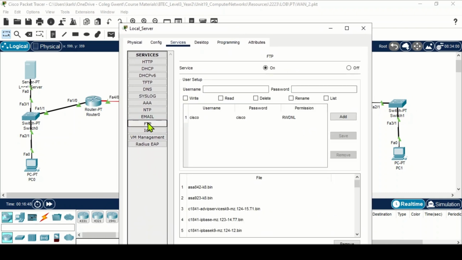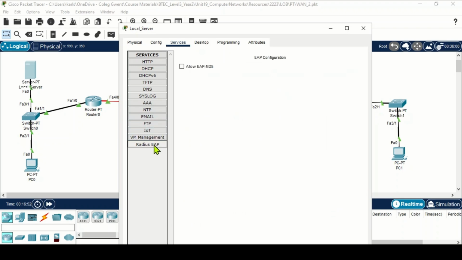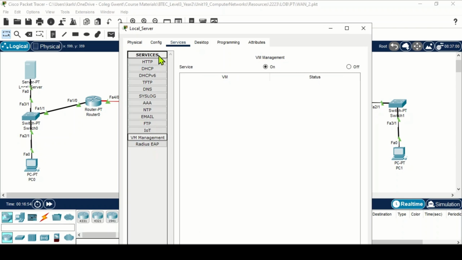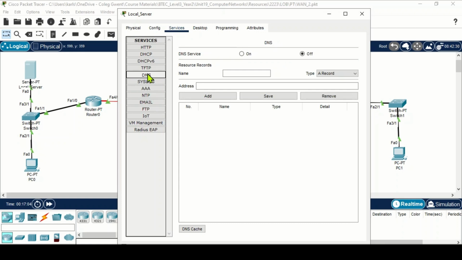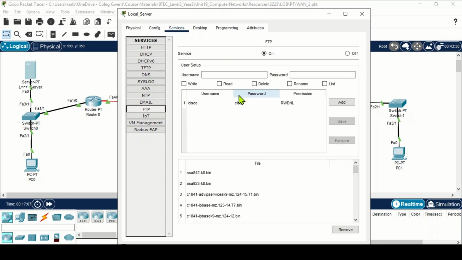You're not going to be using that there. FTP, leave that on. IoT, you can leave the rest of it. But it helps with things not going where they're not supposed to. So if we go to FTP, FTP essentially is on by default, and you can see here there is